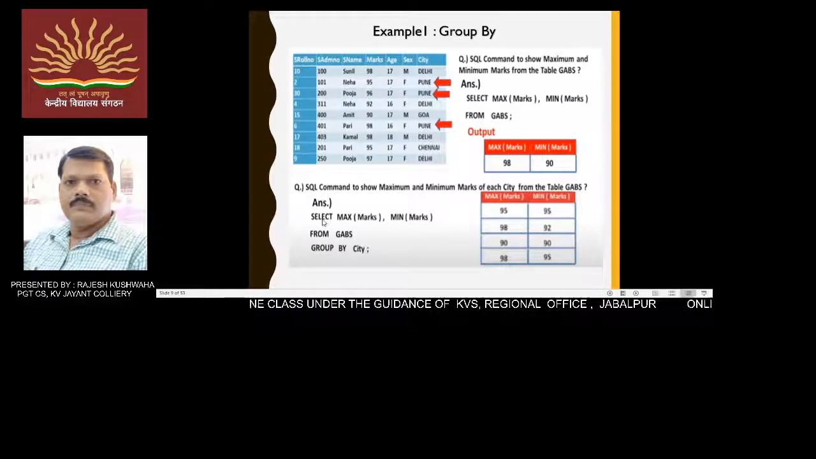So now you see, select max, min, and for that we write the query from gaps group by city. Now, group by city, we are making the group of which column? City. So groups will be formed. First is Chennai. Since Chennai is only one, only Chennai will be there. Then Delhi will be there in the second, since there are two Delhis,